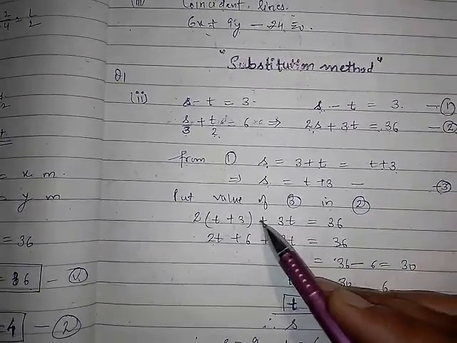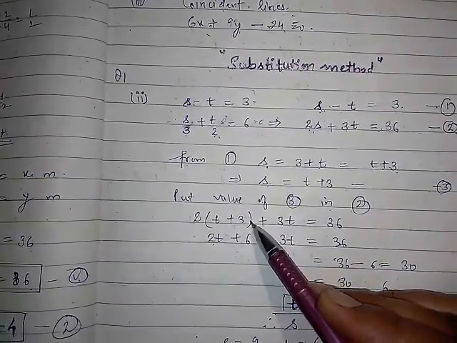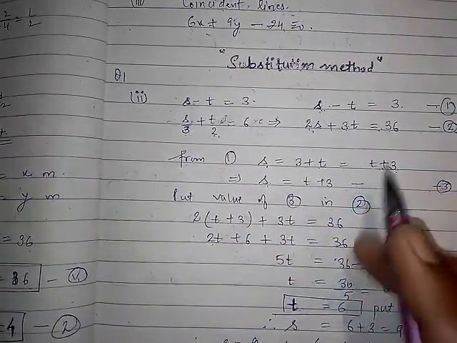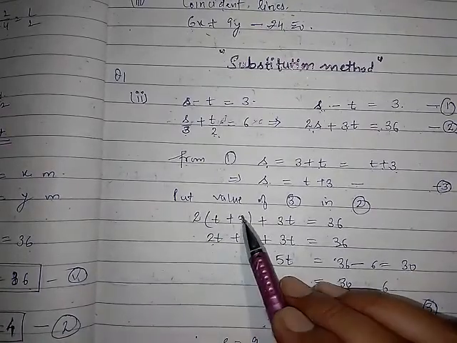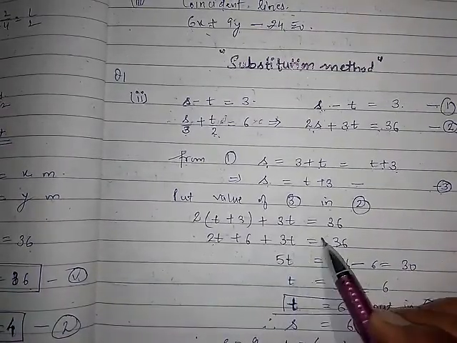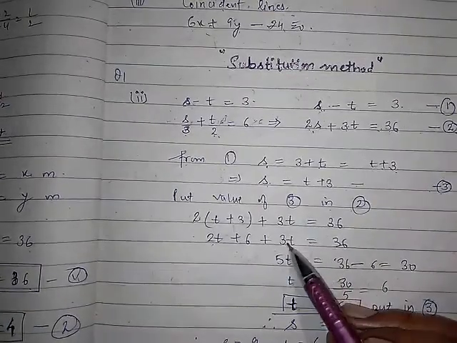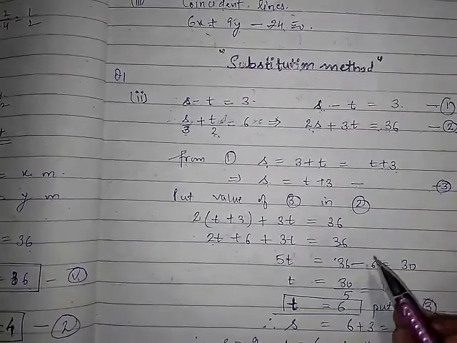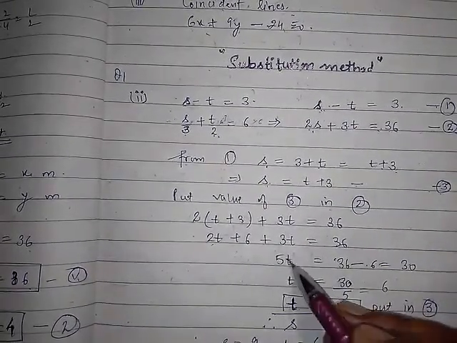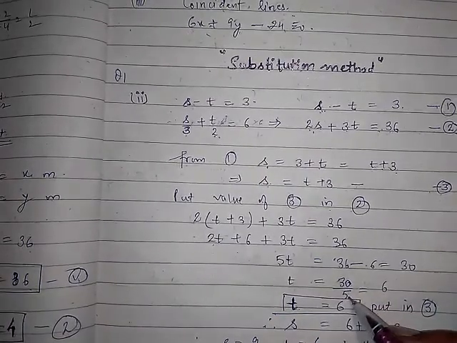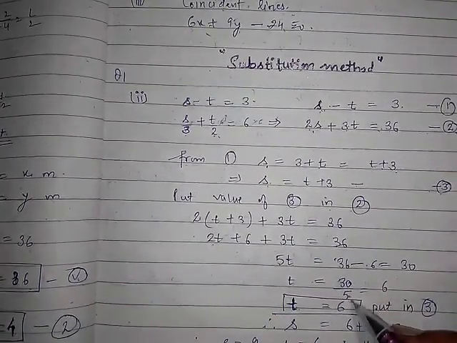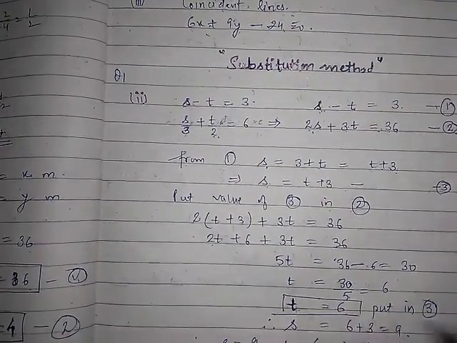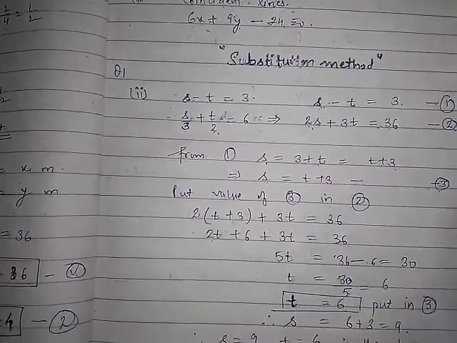Okay, so what we have done in this step is only replace the value of s in terms of t. Now after this you will get a simple equation, solve it. 2 into t, 2t, 3 into 2, 6, plus 3t is equal to 36. So here you will get 3t plus 2t, 5t is equal to 36, plus 6 will shift here, minus 6. 36 minus 6 will give you 30, and this 5 is in multiplication, that will go in the division. So 30 divided by 5 will give you 6 as the answer. So finally we have got the value of one variable, that is t is equal to 6.